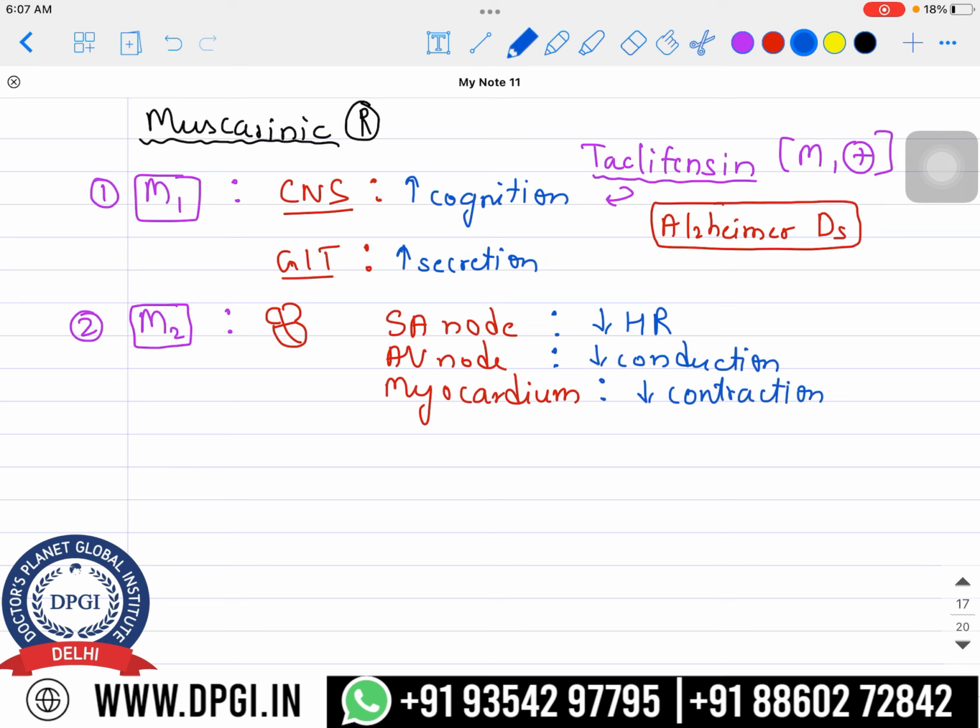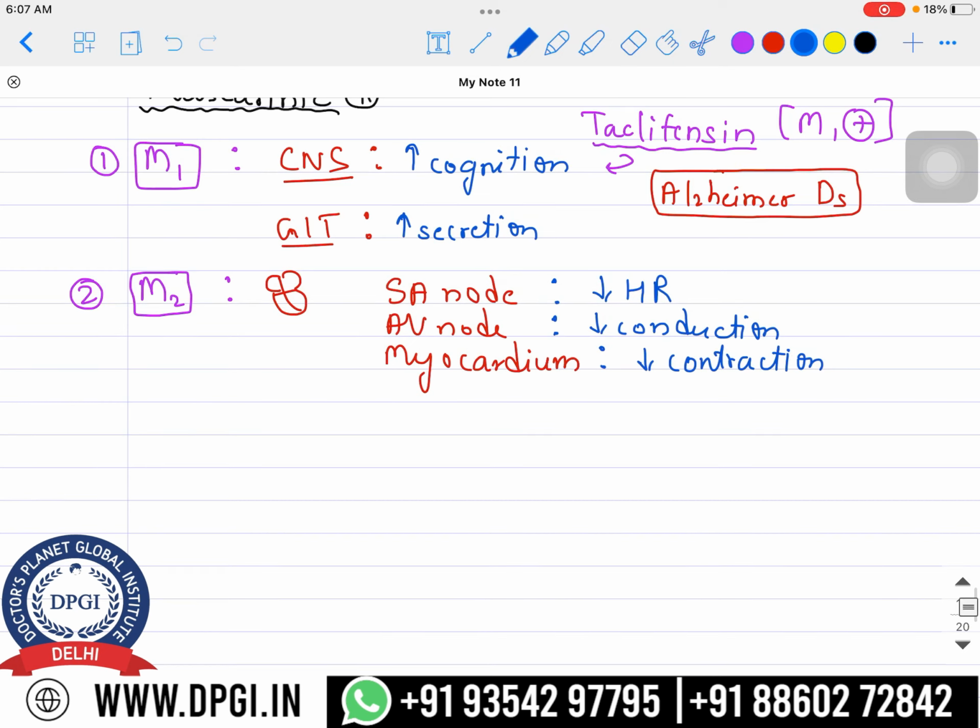right? So in other words, you can write over here that there will be a negative chronotropic effect, which means the heart rate is decreasing. A negative inotropic effect means the contraction power is decreasing, right? A negative bathmotropic effect also, so that is the decreased conduction over here. We can see these kinds of effects very clearly. Overall, if you stimulate the cholinergic system, it will cause bradycardia because it is slowing down the heart, right?